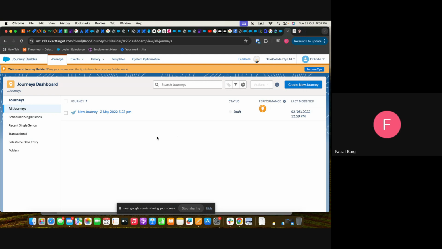It was related to journey. Okay, so I'll give you the brief. Overall, whatever knowledge you shared for Marketing Cloud, and after that, how the journeys come up. For example, a data extension is a kind of database where you store all of your data in the form of records. There will be many fields, and according to the fields you store your data.